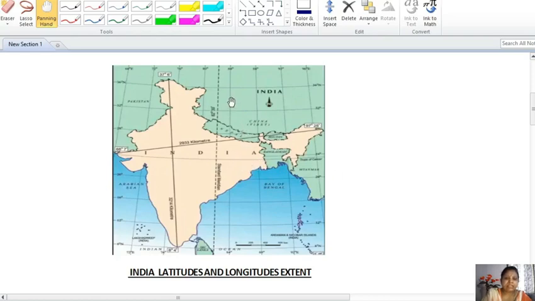Above the Tropic of Cancer we consider northern India, the northern part of India. Below the Tropic of Cancer it is also called southern India. And even here we come across the Vindhya range, and in the southeastern part we come across the Andaman and Nicobar Islands, and in the southwestern part we come across the Lakshadweep Islands. This important place where I am showing is known as Indira Col. That is the end of the northern part.